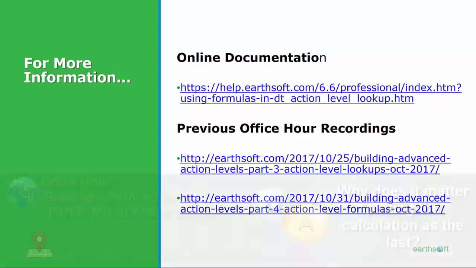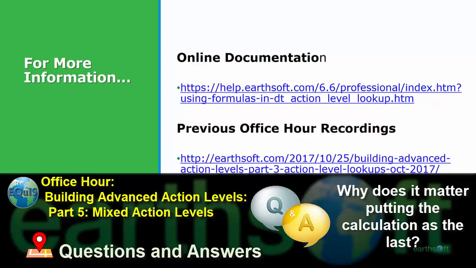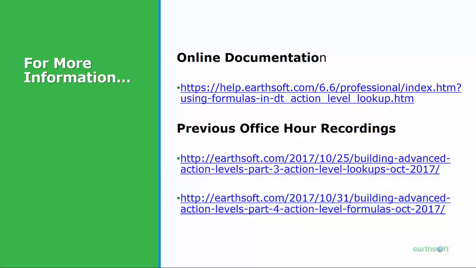Excellent, thank you. Allison asks, if EQuIS goes through each line, why does it matter putting the calculation as the last? Won't EQuIS stop at the calc value of hardness between 82 to 180? Well, there's a couple ways to set this up. So one way would be for the order not to matter, but for a less than value and a greater than value be required. But